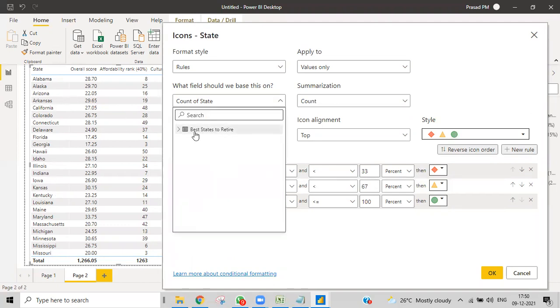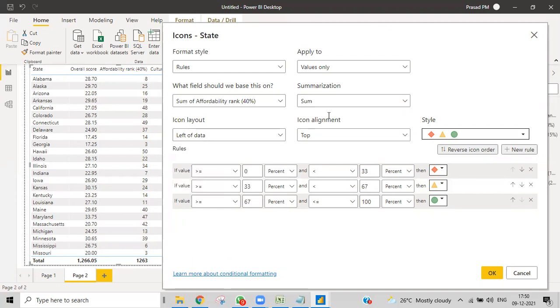So what I'll do is I'll just select based upon the affordability ranking. From 0 to 15, I want to give this symbol. You can change the symbols, obviously. Then from here, I want to make it a number and then 15.